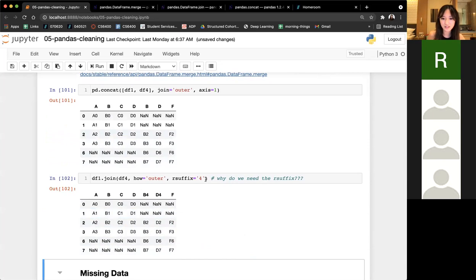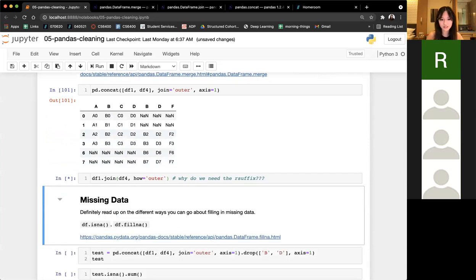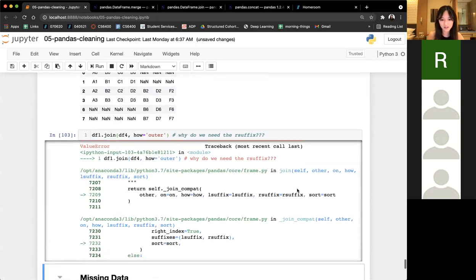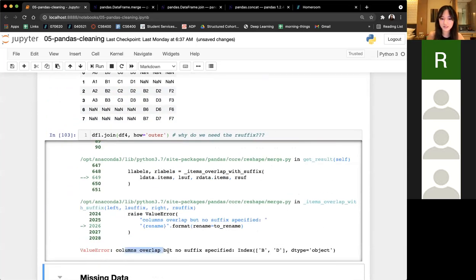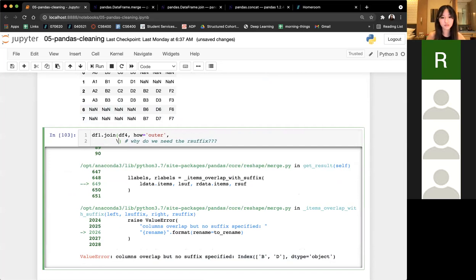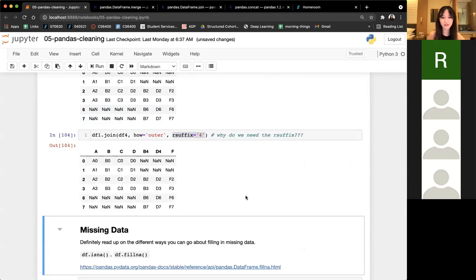Here, as you can see, there's an R suffix. And if I don't have this R suffix, it gives me an error. And I hope it says, yeah, columns overlap. So we're providing this R suffix, as you can see. We're providing this R suffix